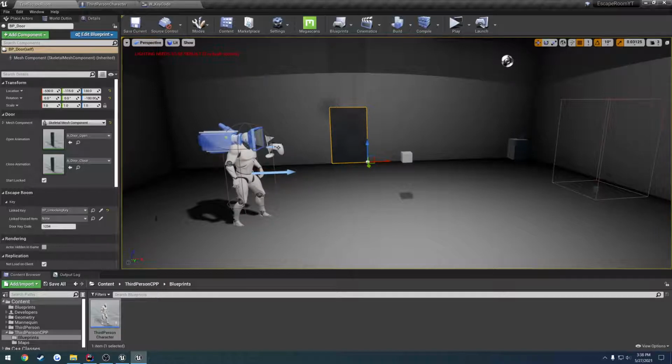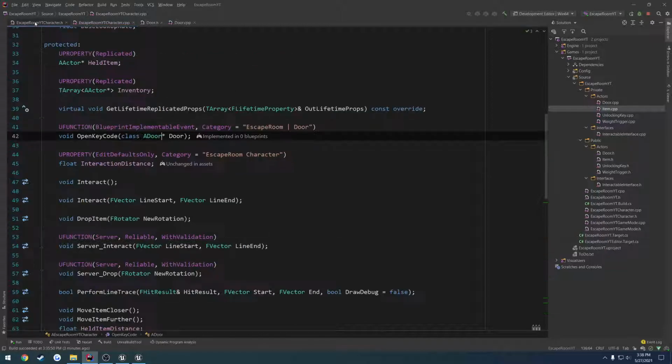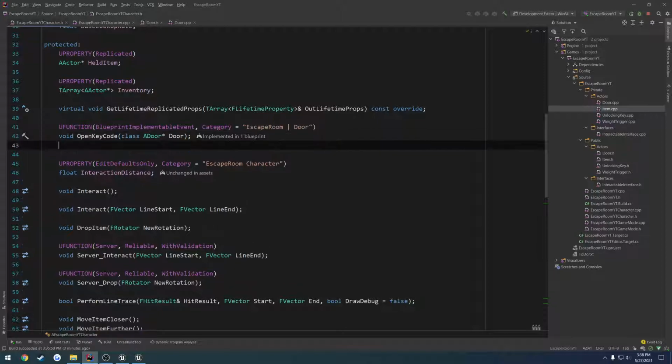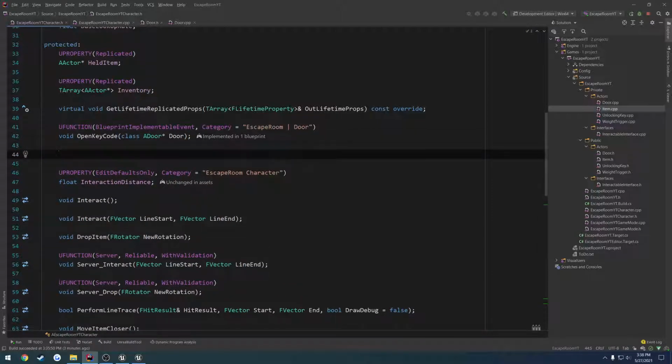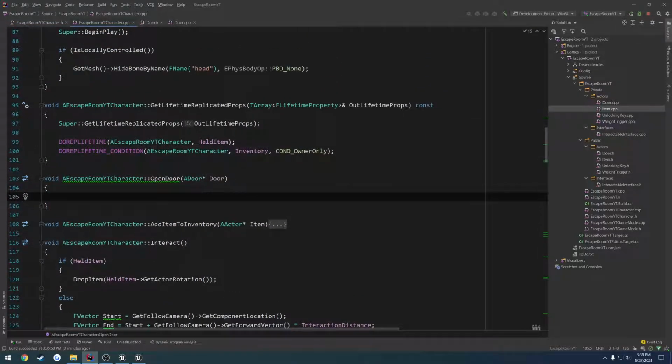So now we have everything set up. We call it try door. That ends up being successful. So what we're going to do is create a function in here. That's going to be, let's do void try open door. It's going to be taking in a door reference or passing a door pointer in. Call it door. And this is just to simply do a check. So what we're going to do that check for,